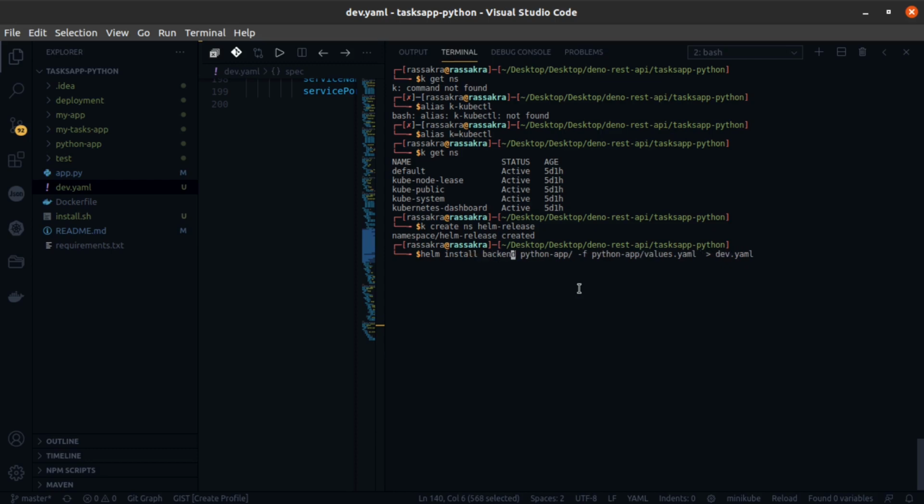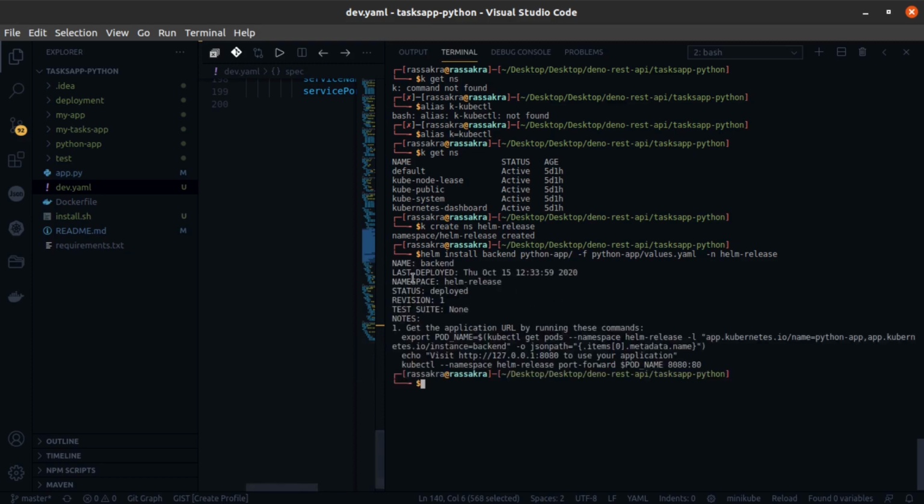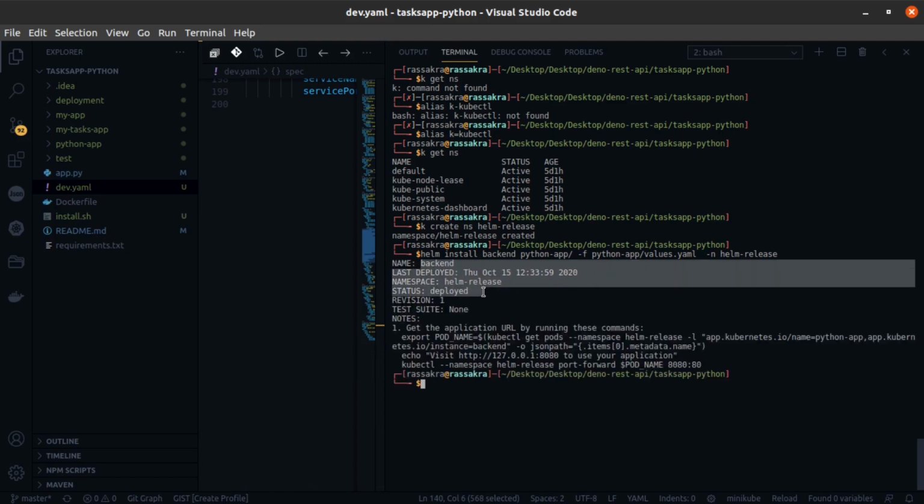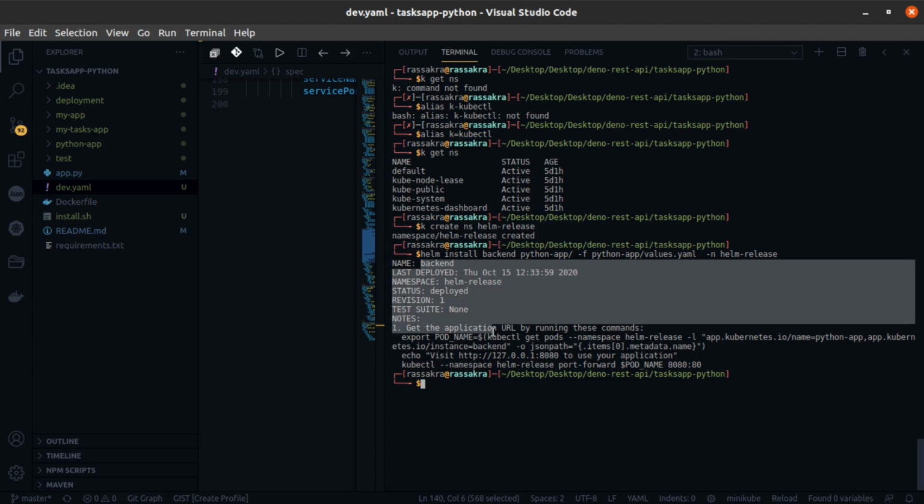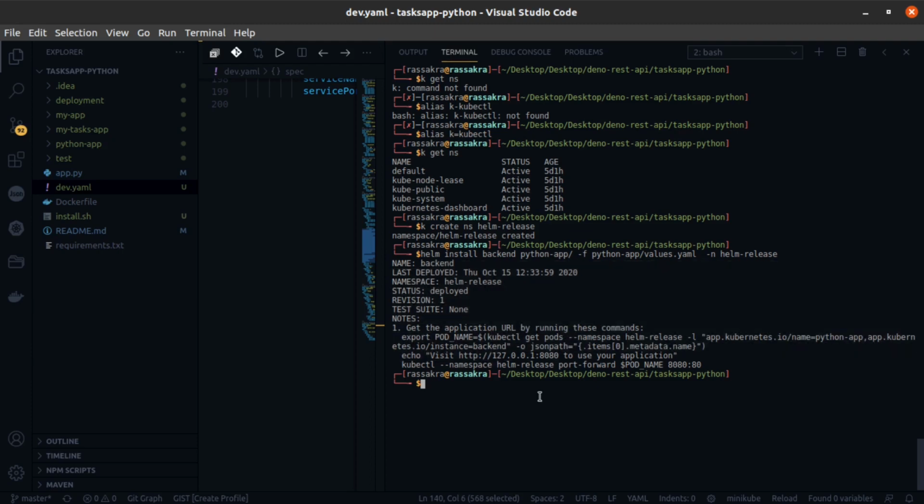Install backend Python application -f and -n and the name of our namespace. Enter. As you can see, our application is deployed successfully, and what we need is just to verify the list of